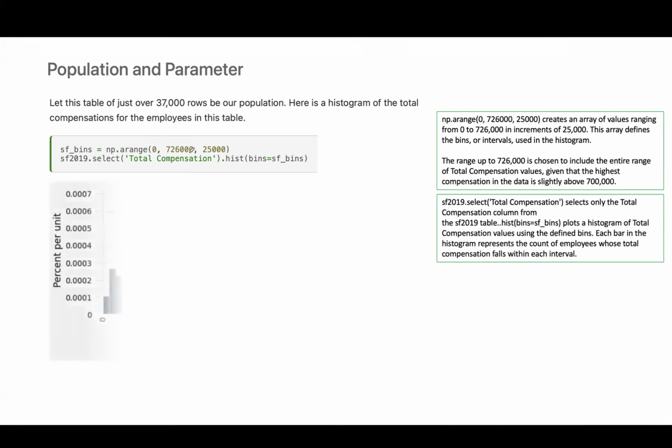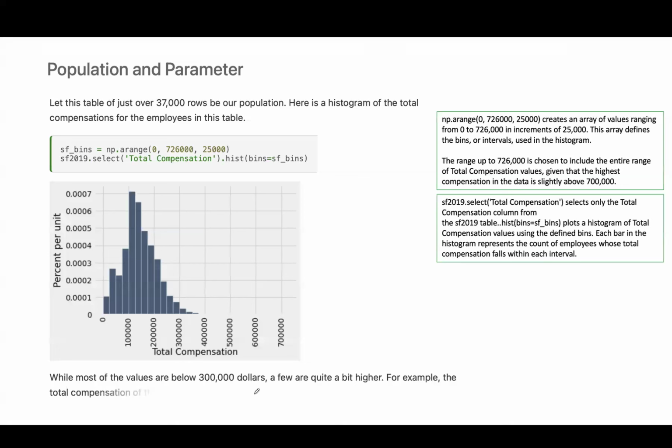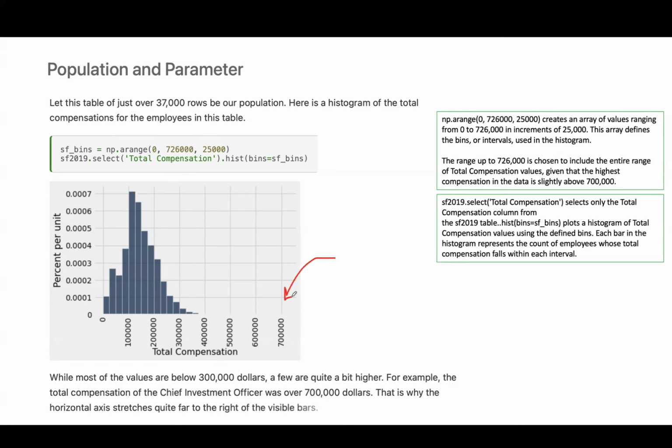Very good. So let us take a look at our histogram. The histogram only uses the total compensation on the horizontal axis, and on the vertical axis we have the percent per unit. As you can see, most of the values are below $300,000. A few are quite a bit higher. For example, total compensation of the chief investment officer was over $700,000. That's why the horizontal axis stretched toward the right-hand side, and you can see you have $700,000 on the right side, and the data is skewed to the right side. Usually the